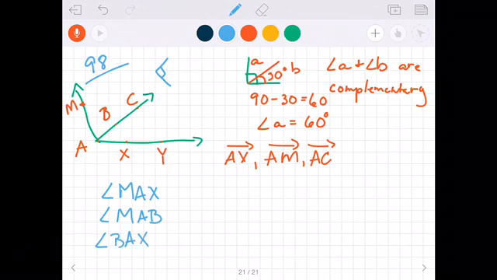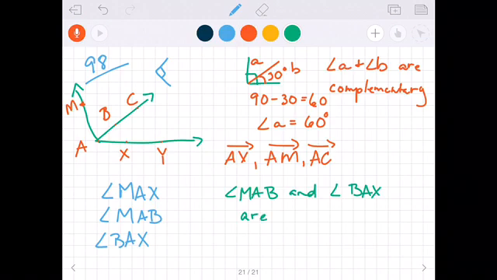Okay, so the vertex always has to be in the middle when you're naming angles. The other thing to note here is that angle MAX, angle MAB and angle BAX